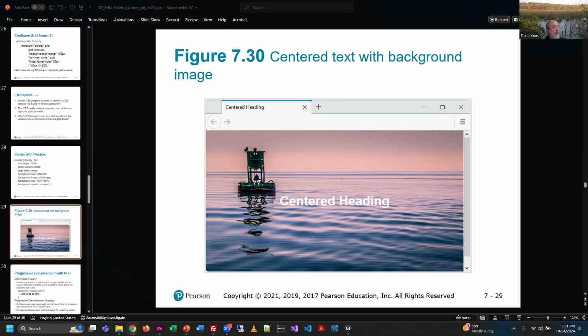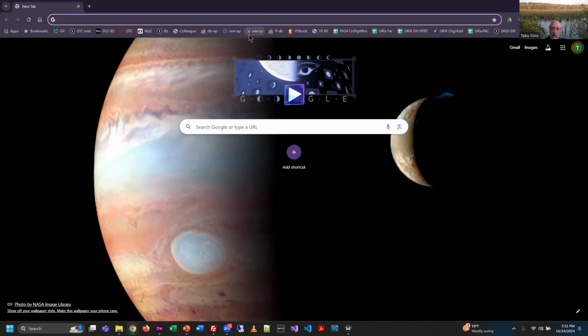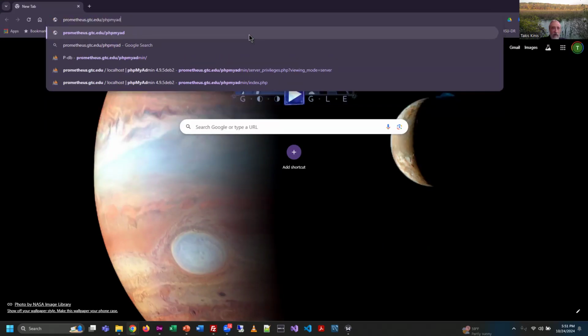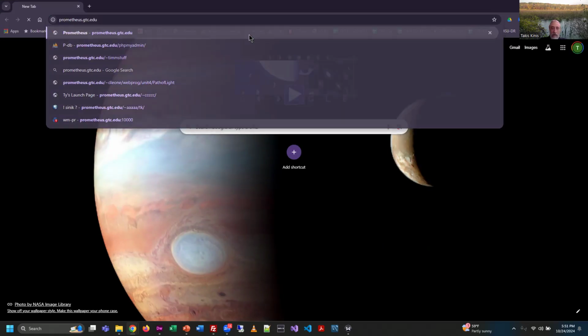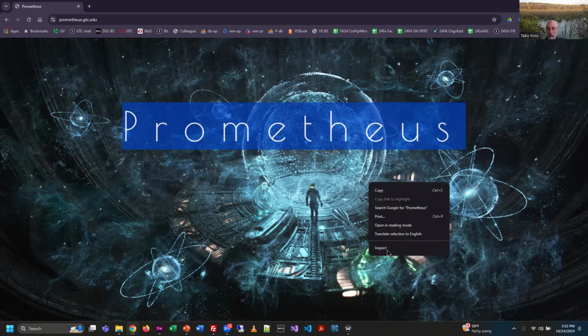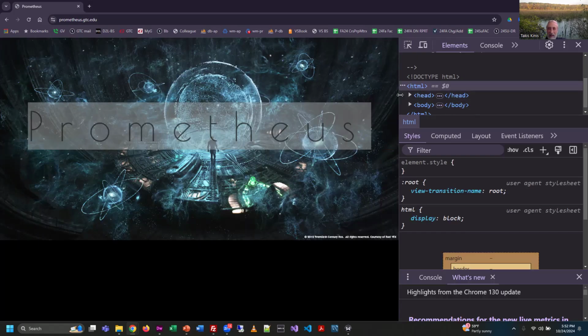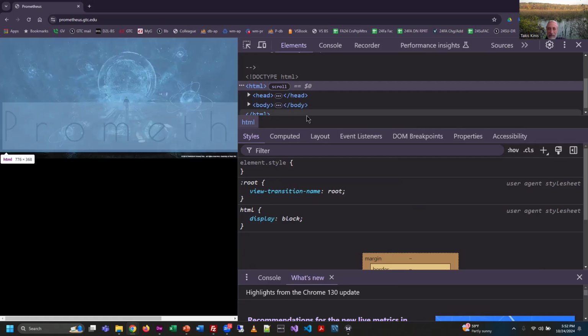I'm going to give you a really silly little example here. When we put the Prometheus server online, if you go to the default homepage for Prometheus, which is just the URL, it's kind of what we went for here, but I used a very different technique when I built this page. I am the one who coded this one, because there is text. So this is an actual font, and then there's this background image. If you take a look, and of course it won't let me view source, so I have to inspect instead,